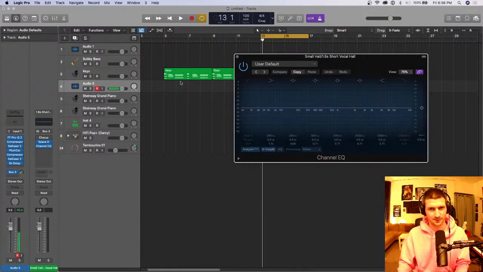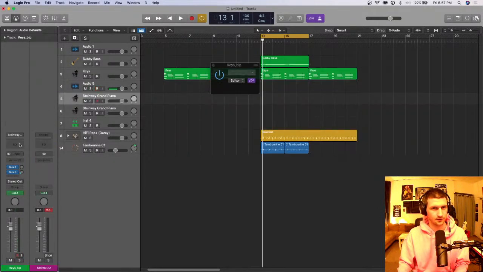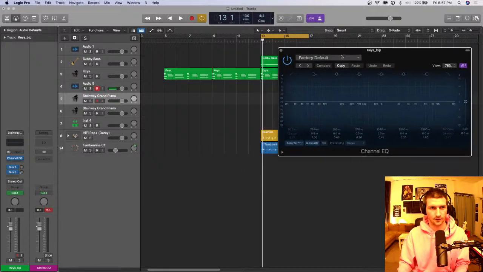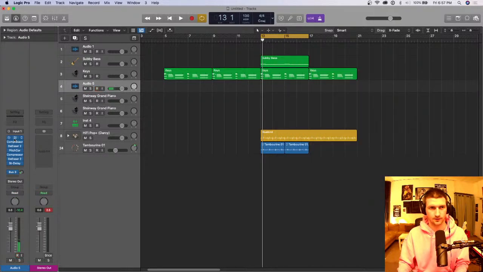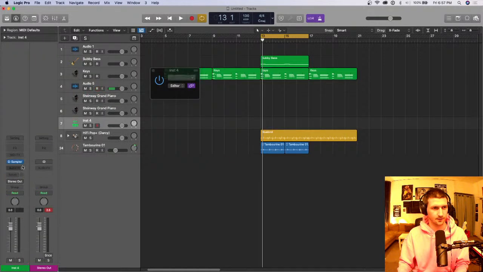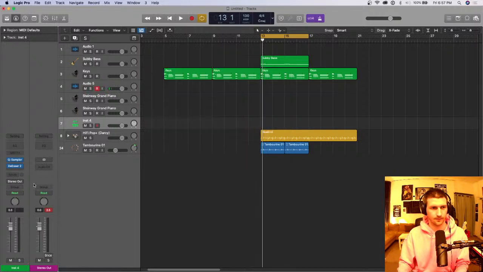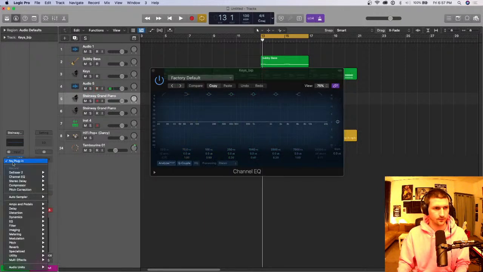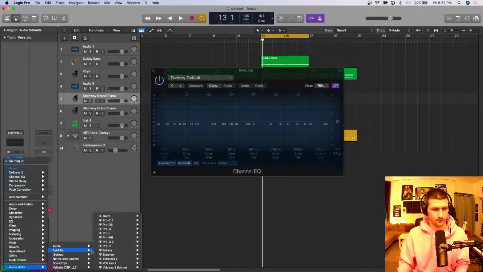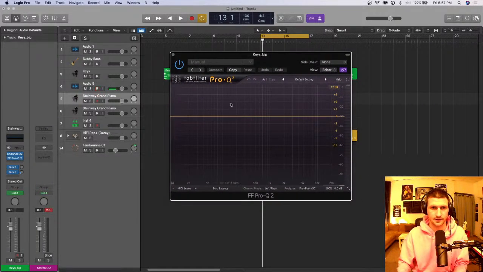So I'll just explain the main differences. Okay, wait. Yeah, we can open this one. Just get a Logic EQ and then a FabFilter. Why can't I have them open at the same time? Is that a serious thing that Logic is stopping me from doing? Okay, whatever. Okay, I guess I can't have them open at the same time, which is crappy, but